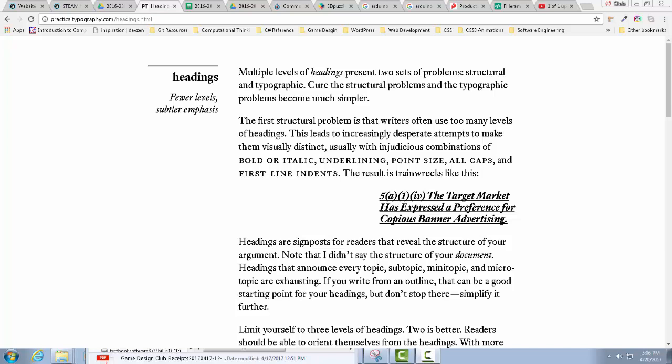And this particular article is really excellent. I completely agree with a lot of it. And the premise of this one is that you add fewer levels and aim for a little subtler emphasis. And the idea here is that there are two problems. One is a structural problem with headers, and the other is typographic. And honestly, if you deal with the structural, you'll do a lot better with your websites and your typography on